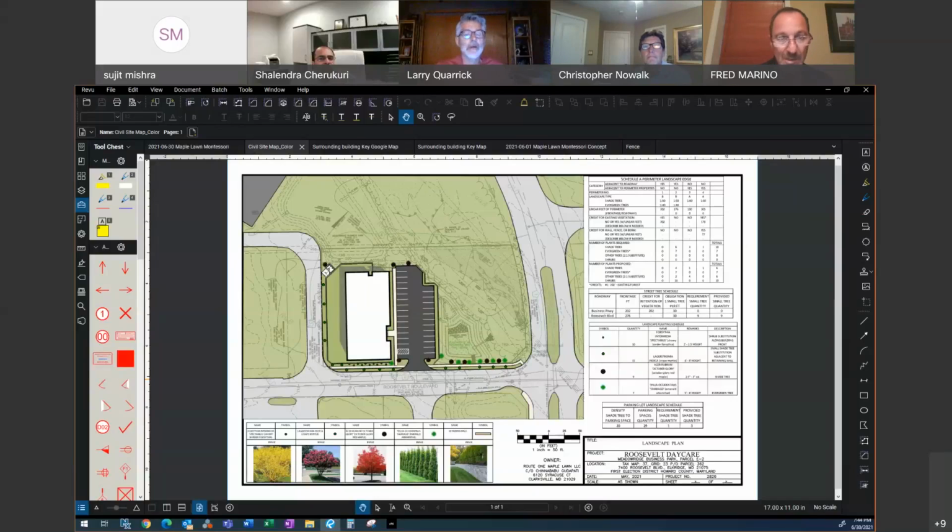And going back to the dumpster question and the overall site layout, I believe you said you looked at every configuration you could, and I know my colleague just said it again. It seemed to me that it would have been nice if this whole thing could rotate 90 degrees clockwise. So the parking is along Roosevelt Boulevard, and then the building turns, and then the play area is facing that back wooded area. And even if that meant you had to extend the retaining wall, which frankly, as I'm sitting here staring at the screen, I don't see any reason why you would have to extend it any further than you already are with the parking where it is, to provide you with an overall better site configuration and a better playground area.